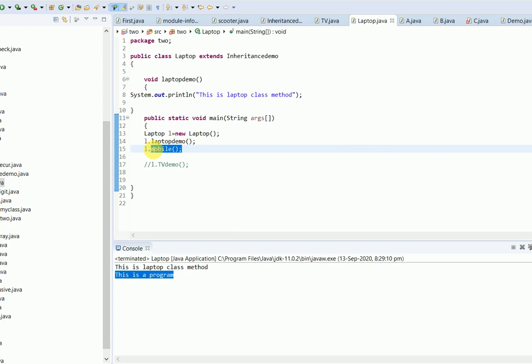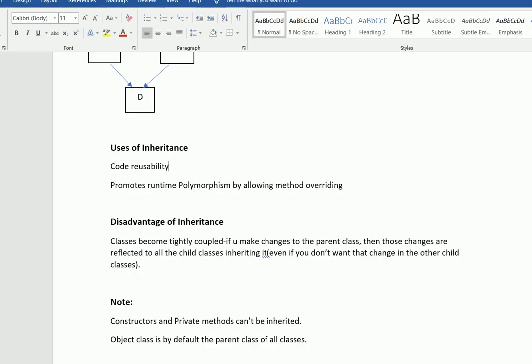Because the mobile method I am simply accessing through the object of the laptop class, which is inheriting inheritance demo, right? So for laptop I was not required to write the mobile method again to get this message printed. I simply called the mobile method through the object of the laptop class because it is inheriting the inheritance demo. So that is how code reusability is implemented through inheritance.